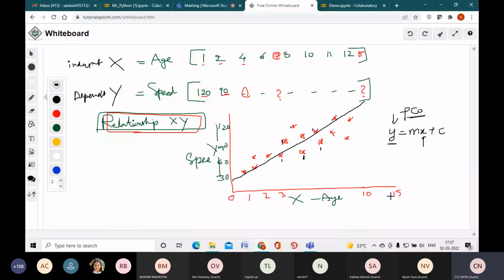If you're able to find this m value and this c value, so m is called the slope, and c is called the intercept, the y-intercept. If you're able to find out these two values, then I can predict any value of x. For any value of x, I can predict the y value, right? Yes or no? So if I want to predict for 12,